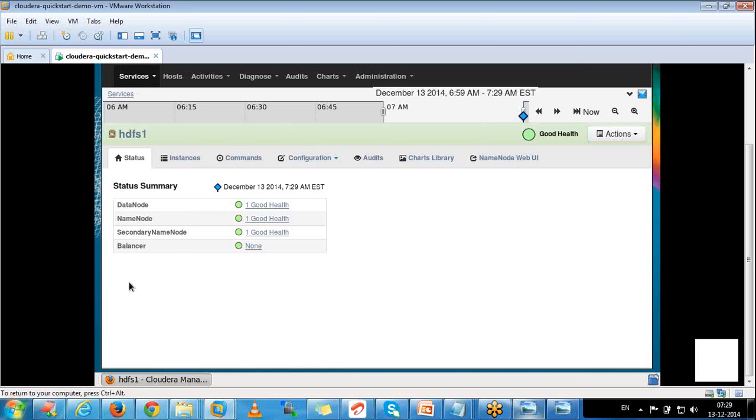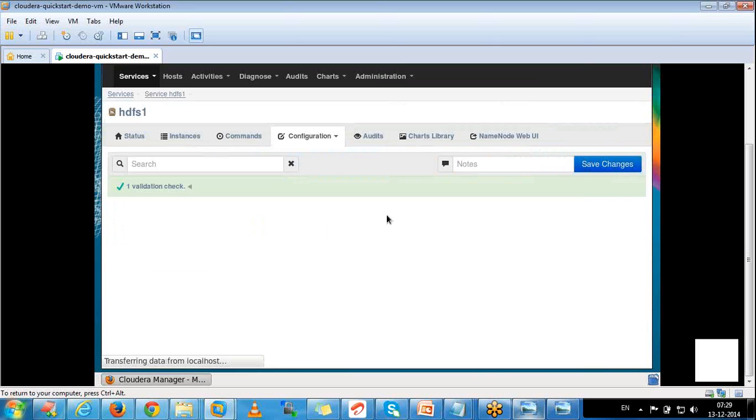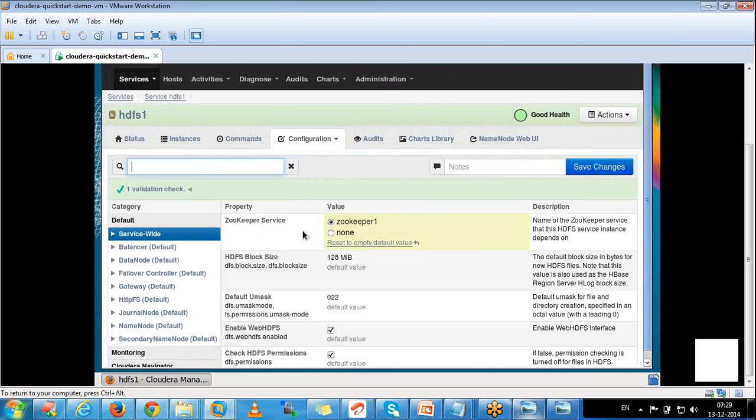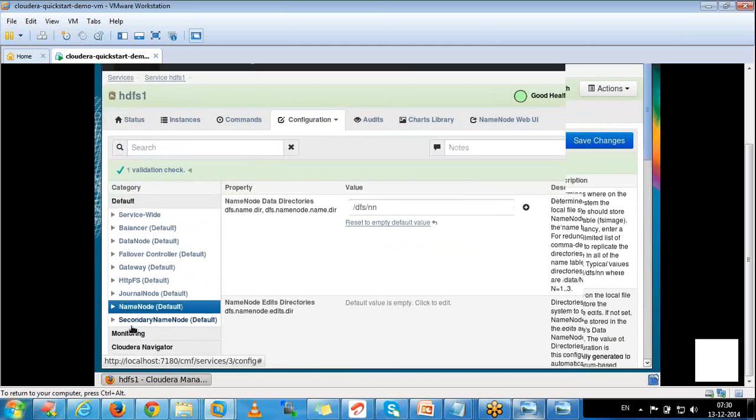If you want to configure anything, there is no need to go to the command prompt or terminal. Simply, here we have the configurations. We can go through view and edit. Whatever configurations you want to do, you can simply do them here. If you go to NameNode,